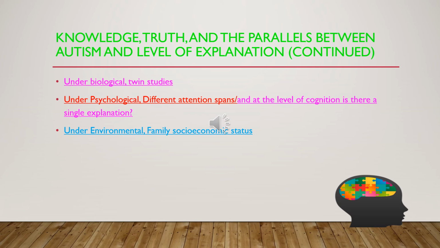And then the last is environmental. Though I know environmental can fall under psychological explanation, it also can fall under social and cultural expectations. When you're dealing with familial socioeconomic status, you can have education, socioeconomic status again, and psychological well-being, and it can play a role in causing stress and anxiety and can make an individual more susceptible to autism, which I found interesting because there are so many different